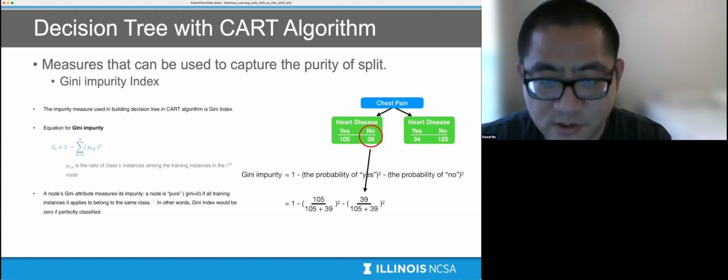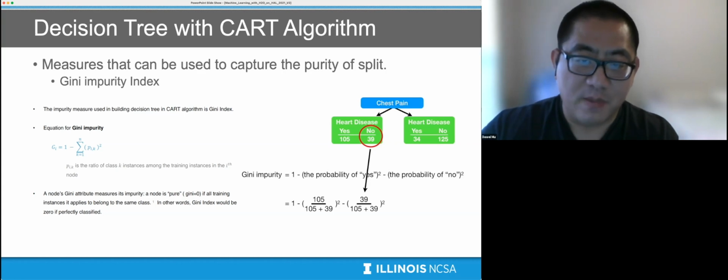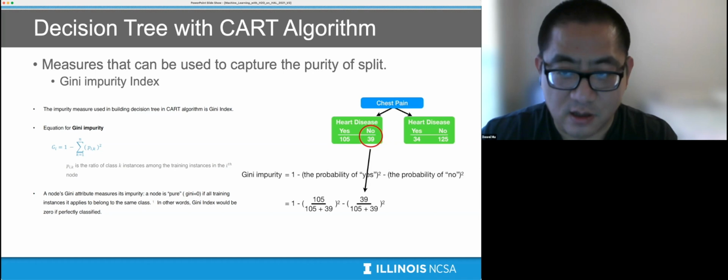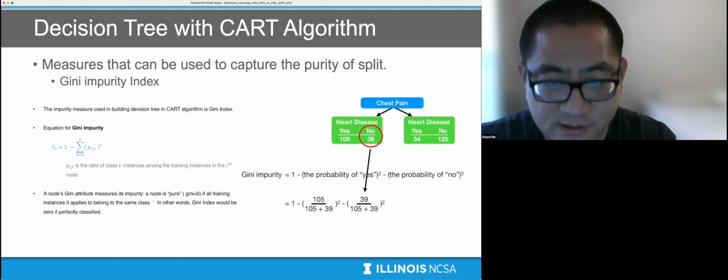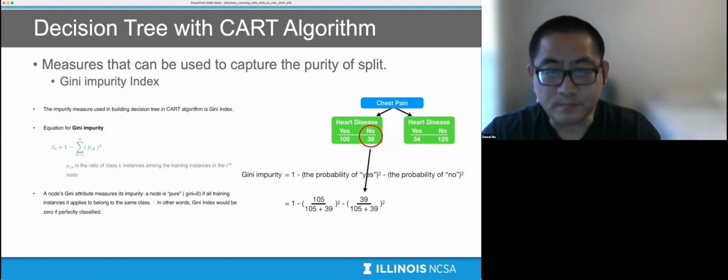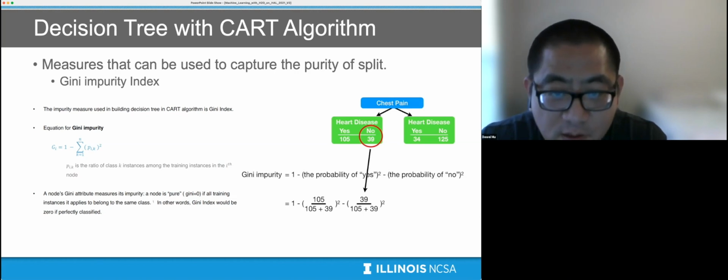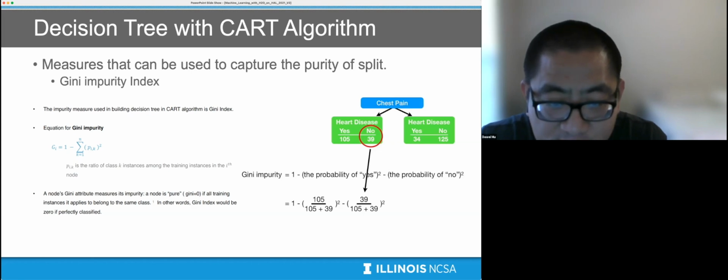The most famous is how to measure the income differences within a country, to see if the wealth is distributed evenly or not. So the equation of Gini impurity is